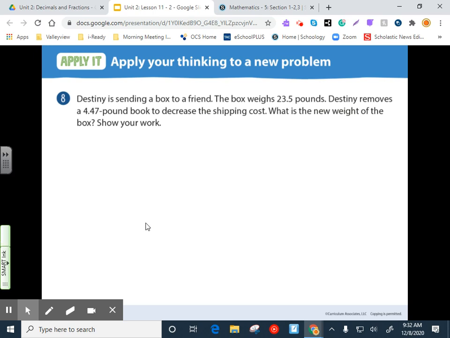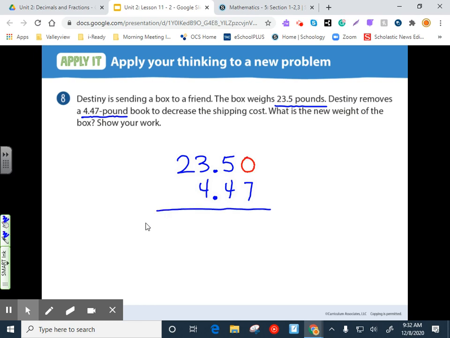Show your work. Okay. So again, we have 23.5 pounds, and we're taking out 4.47 pounds. Rules for subtraction mean we put our larger number up top. And this is a case where we line up the decimals. And the way I keep track of that is I put my decimal point down here for the second number. And that way I make sure I copy everything just right. And as you'll notice, there is this gap up here, and we can put a 0 right there and set that up like that because